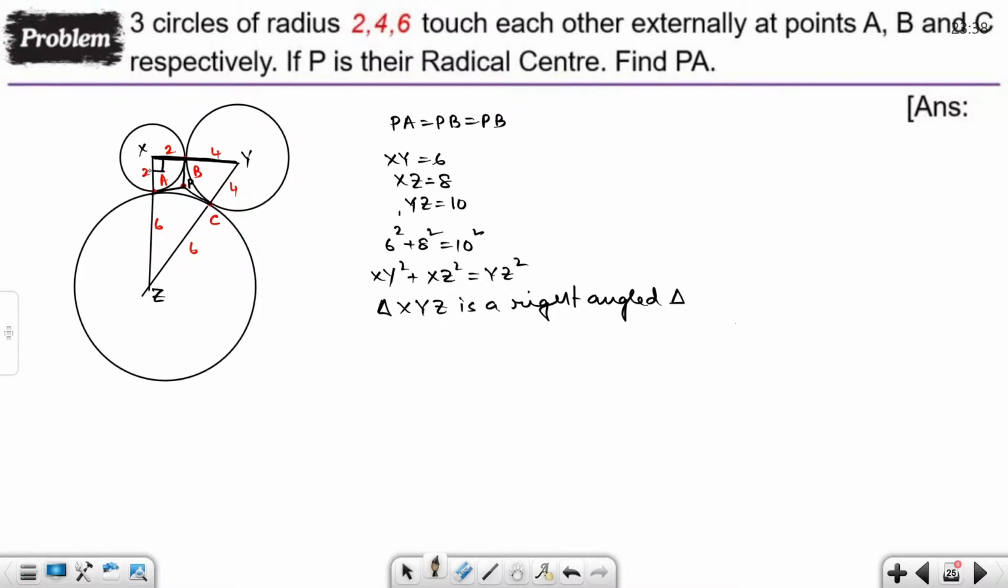Okay, so this is your right angle at X. Now from there, the moment we have seen that this triangle came to 90 degrees, if we consider, look at it carefully now, I have to find out what is my PA. So if we consider this quadrilateral,